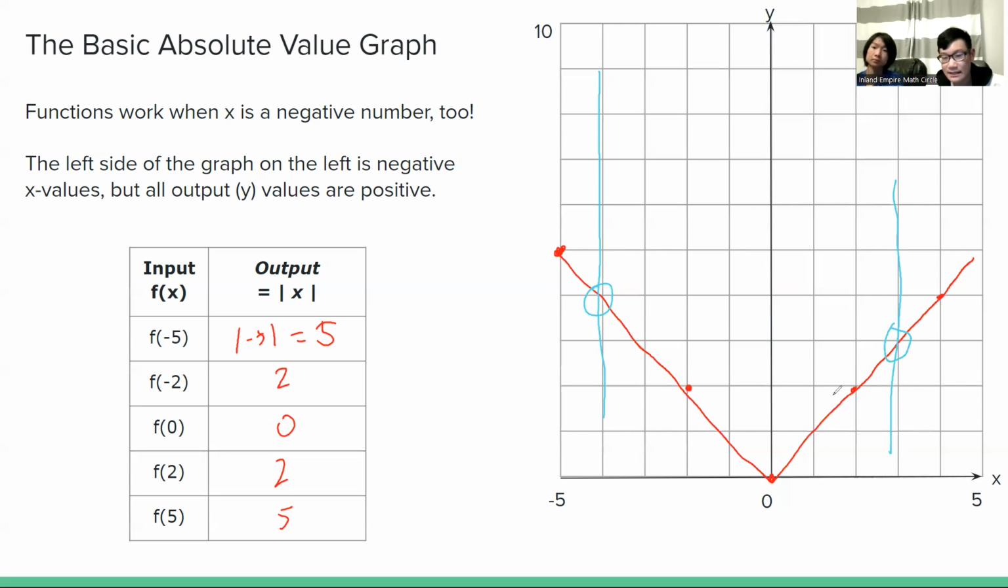So this function is kind of interesting. It looks like a line on each side, but it changes. And the reason for this is because anytime you have a negative x value, the function changes it so that it becomes positive. So it sort of reflects the line back over so that it's all above the x-axis. So if we move on,